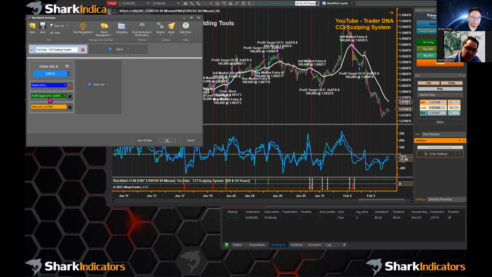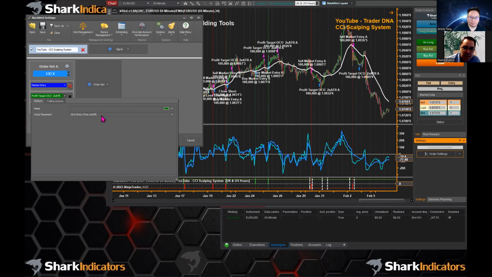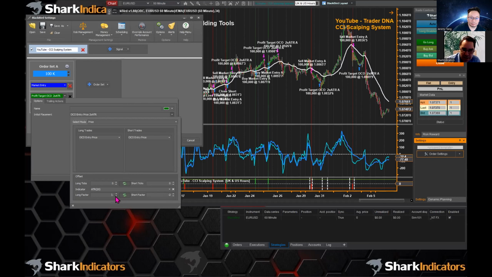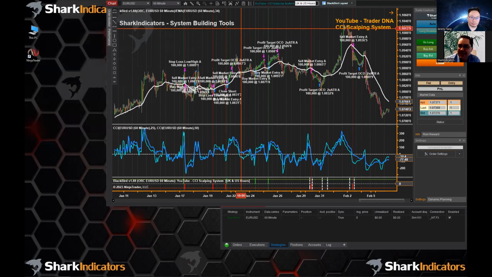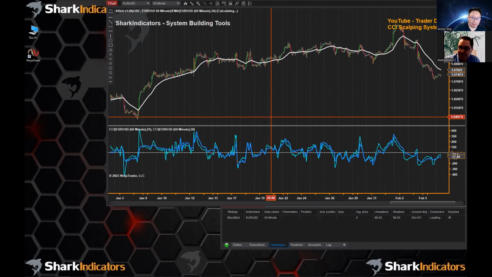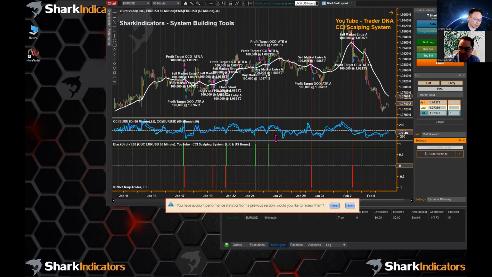So to recap, I started off with just a 2 ATR profit target. After all, this system was called the CCI scalping, so maybe 2 ATRs was a little too large. Since we've got time, maybe let's knock this down to 1 ATR and see what happens. All right, before we do that, what do you guys think is going to happen with the results just by tightening in the profit target?